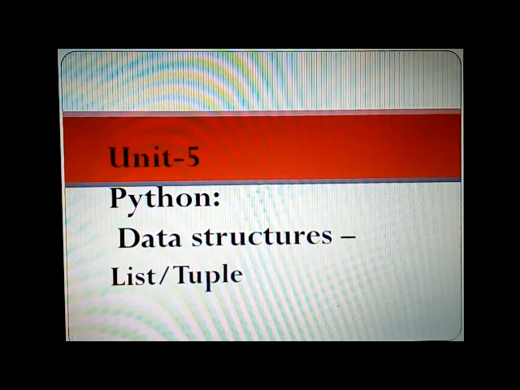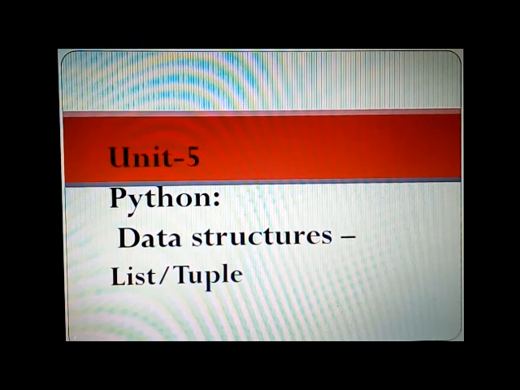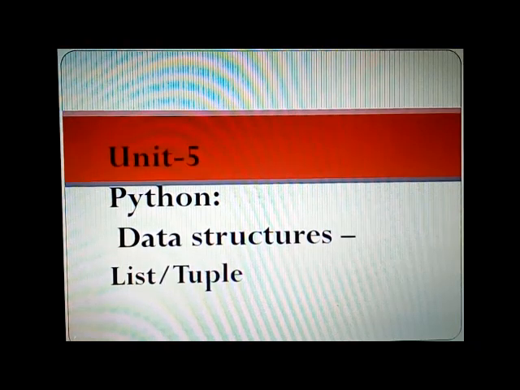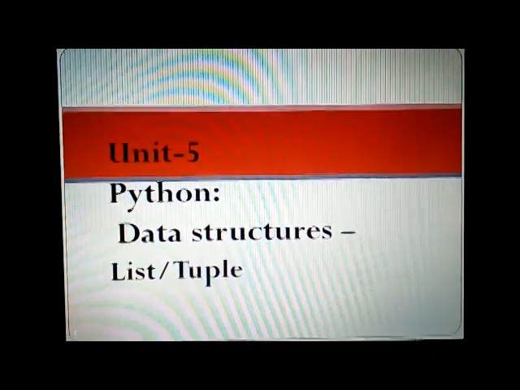And finally, we also understood how to remove an element or an atom by its name, if you do not know the index, by using remove. And later, at the end of the session, I had given two questions for practice, or rather you must have worked on it by applying these different concepts that we learned. Anyhow, I am going to discuss those two questions before proceeding with the tuple concept.